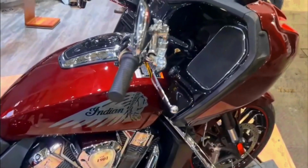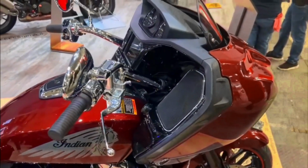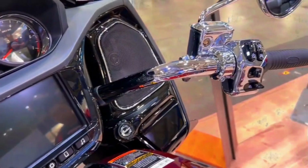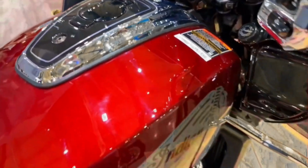It offers advanced technology such as ride-by-wire throttle, selectable ride modes, ABS, traction control, and a customizable touchscreen infotainment system. Indian Challenger specification detail: Engine: